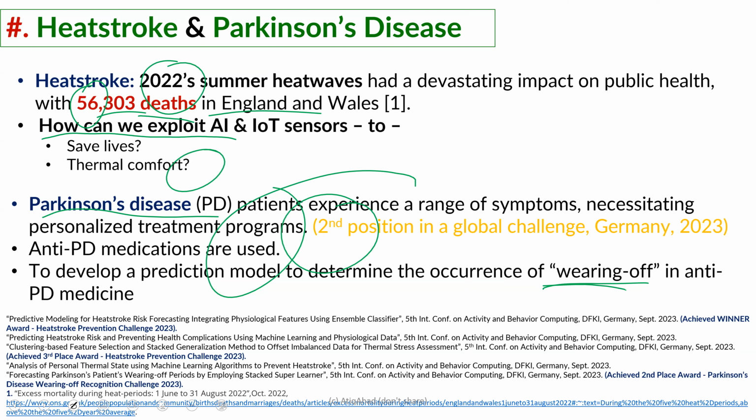And if I don't know, then who will help me? Normally, we support our family members who have Parkinson's disease, and we give the medicine. The doctor gave the medicine, and we thought that okay, for the next 4 hours, he or she is fine. But what will happen if the wearing off comes quickly and the medicine is not active?